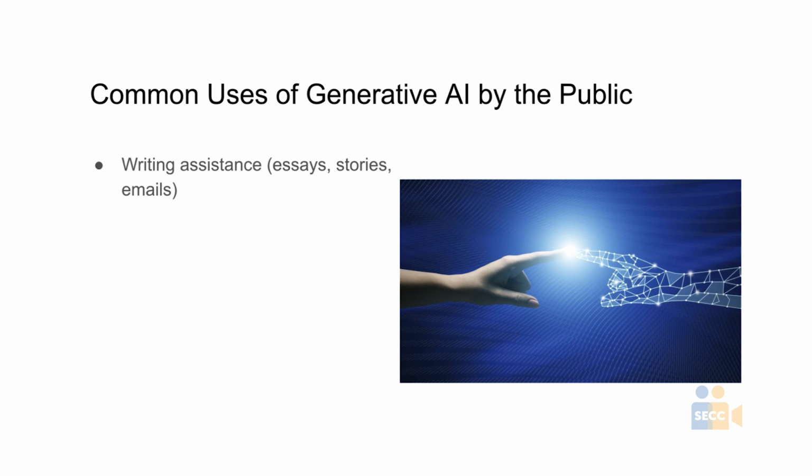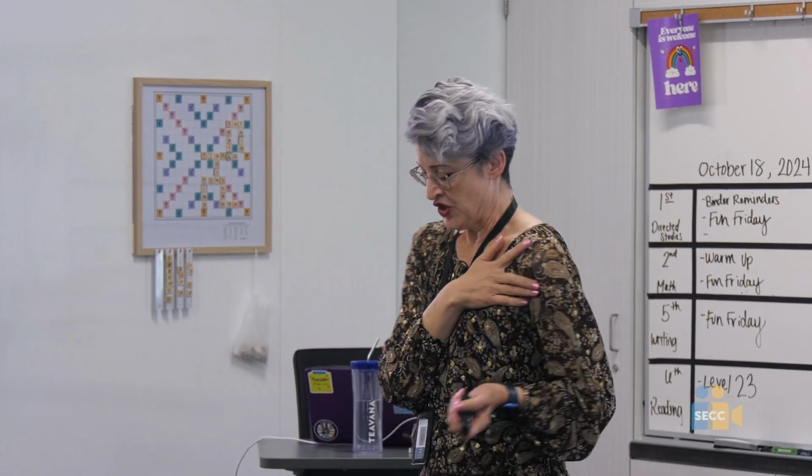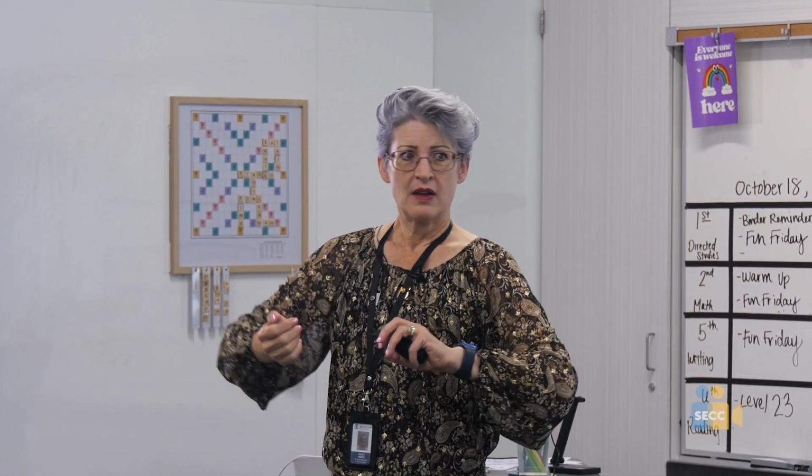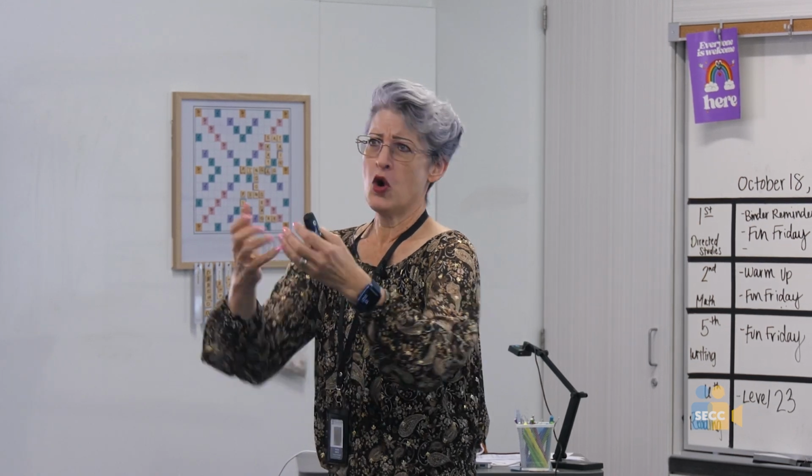So a lot of ways we use it: writing assistants. People use it to help them write emails, right? People use it to help them write essays, which is something we'll have to talk about with students, right? People use it to help them write stories. My parents are actually semi-professional photographers. My dad is also really good at technology. And there's a lot of conversation happening in the art space around artificial intelligence and art and photo and even writing. Like, is it really your art if you have artificial intelligence create it?